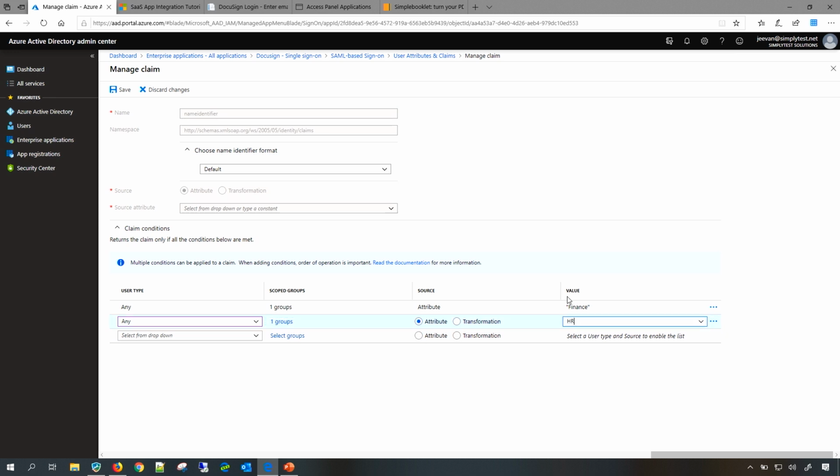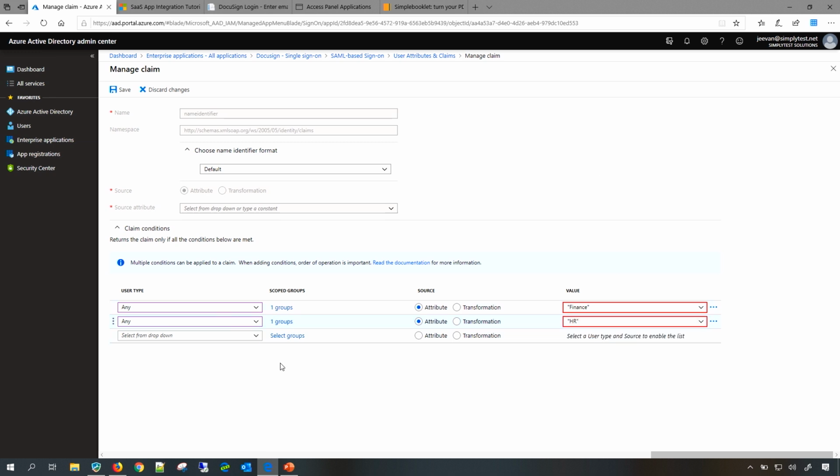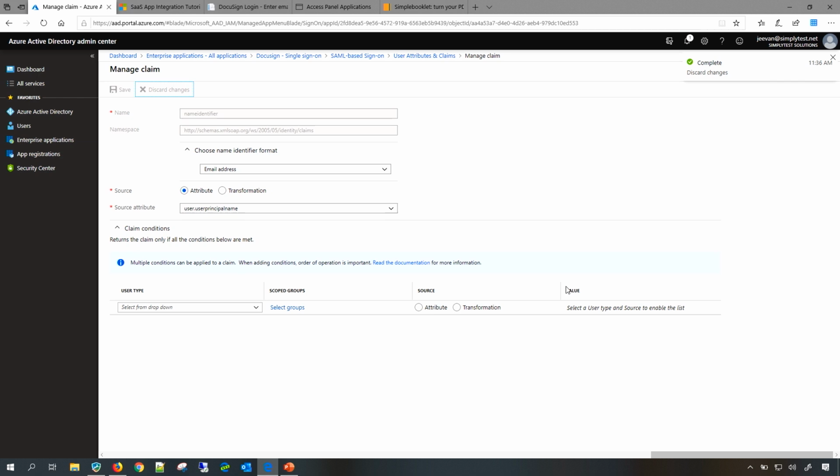So basically what it does is it sequentially checks those conditions in an order. If the first condition has been met, then it will not go to the second condition. But if the first condition isn't met, then it goes to the second condition, and so on. And it goes on evaluating multiple conditions on the fly. Here I have right now chosen fixed values, but you can choose any of the drop down values also, or you can apply transformations. This is the ability which we have recently come up with, and that's available for name identifier and all other claims also. I'm not going to save this, so I'll just say discard right now.